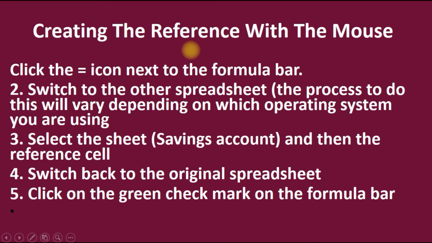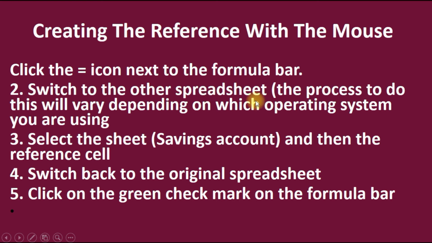Then the next slide is how to make use of creating the reference with the mouse. Now you can create the reference with the mouse and with the help of keyboard also. So turn by turn we'll see first of all with the mouse. You have to click the equal icon next to the formula bar, and then you have to switch to the other spreadsheet.